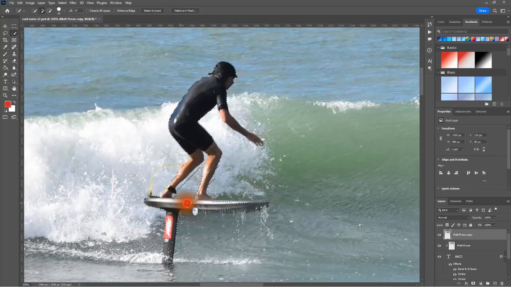Looks like it missed the board, so let's just run across and get that little bit of board there. Okay, let's get rid of that. See, it's a little bit tricky, takes a little bit of time, but we'll get there in the end. There we go. I'm going to go with that. So that to me looks like it's got a pretty good